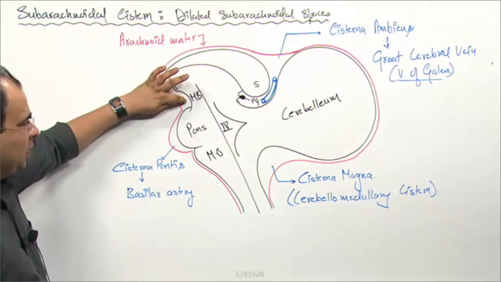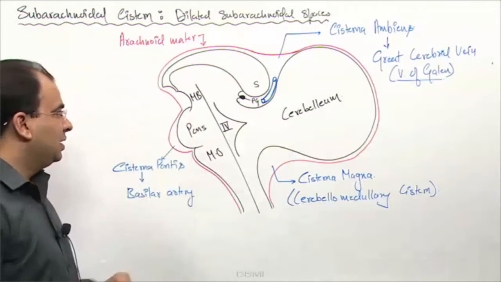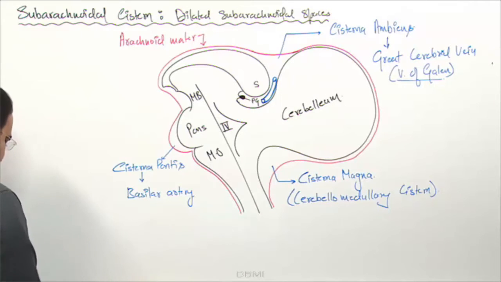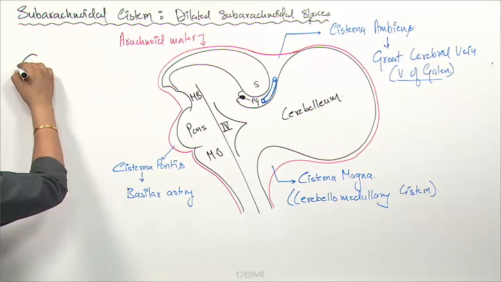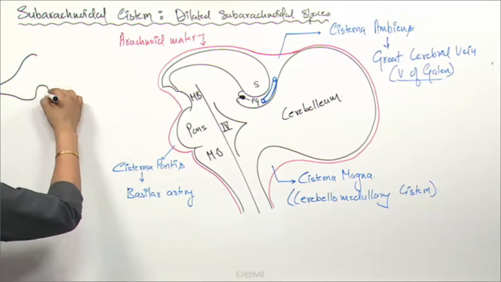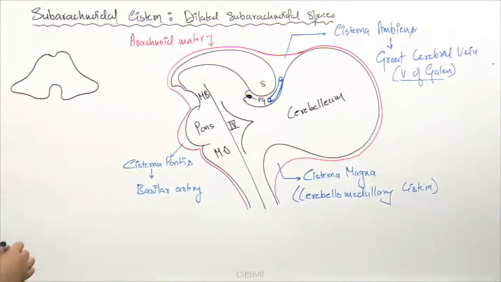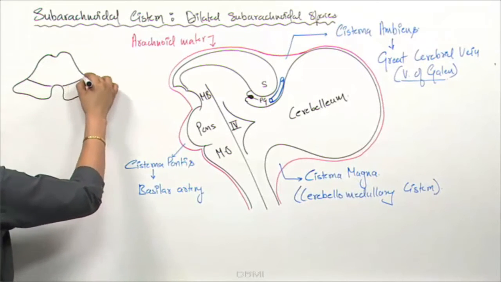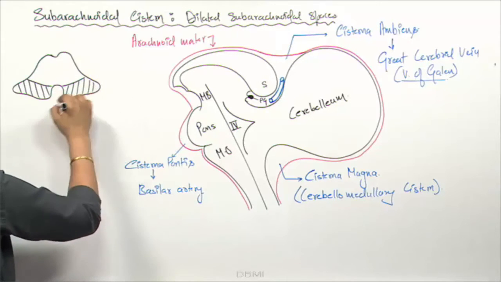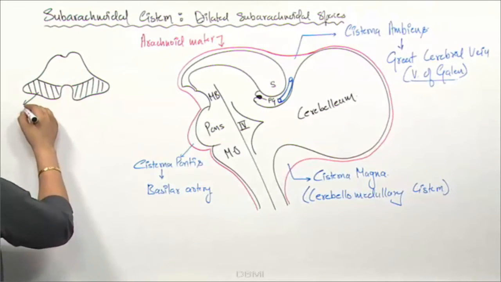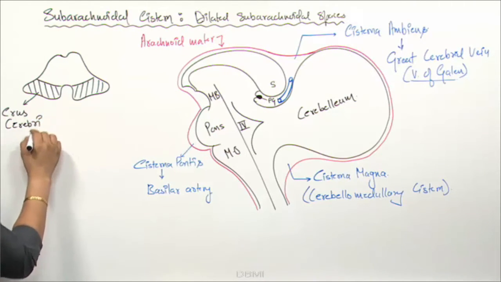Now this cistern over here, the one which is present in front of the midbrain, let us see what is the name of this cistern and why do we call it with that name. Now if you take a transverse section of the midbrain, this is how the midbrain will look like. You will have the two big crus cerebri. If this is a transverse section from the midbrain, guys, these dilated extensions, these huge extensions anteriorly in the midbrain are called as crus cerebri. You can call them crus cerebri or you can call them